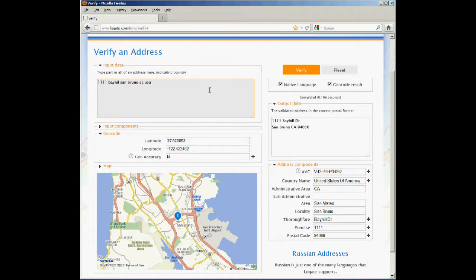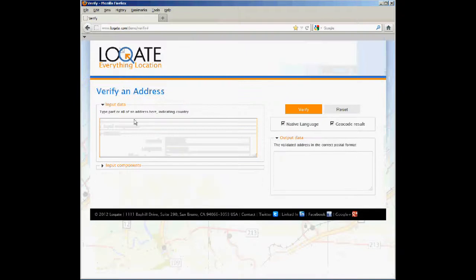The Loqate engine's an international product. So what happens now if we go to perhaps a different country? So let's try an address in the UK. So if I type in 25 SW18 5QR UK,